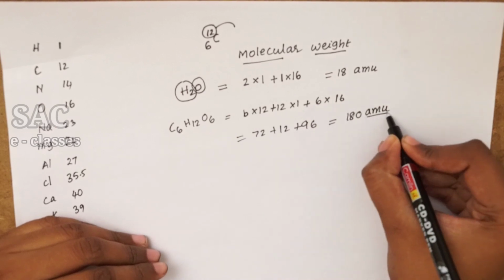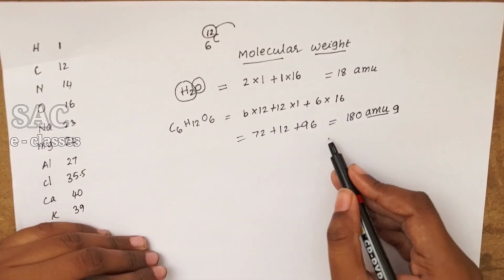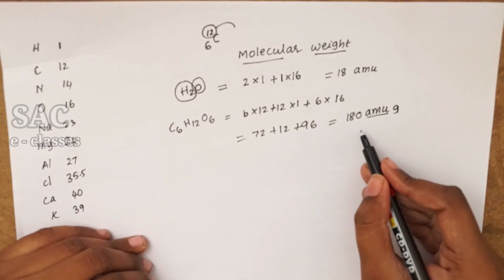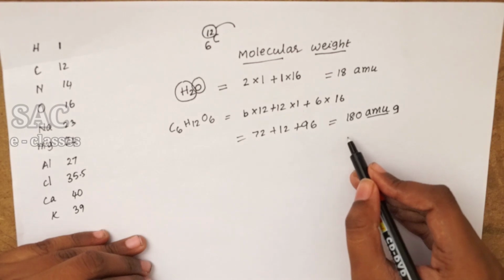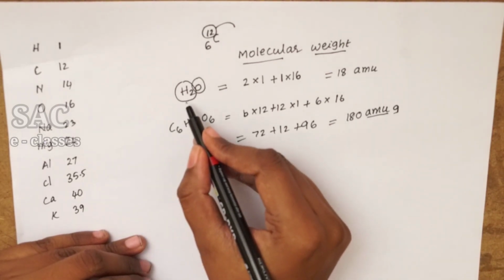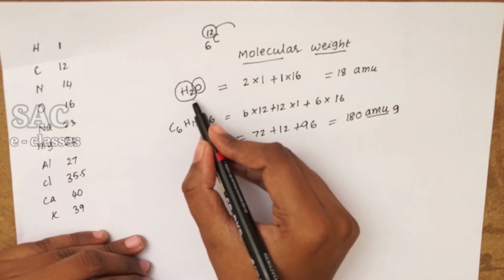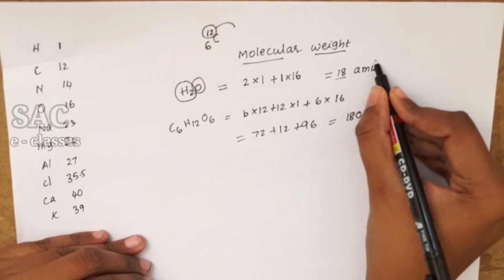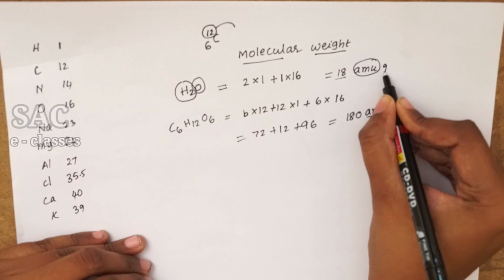So, if we are expressing this in grams, we call that gram molecular weight or gram molecule or simply mole. What is the weight of 1 mole of water, or the molecular mass of water? Also simply 18, but it is expressed not in AMU, atomic mass units, we will express it in grams.